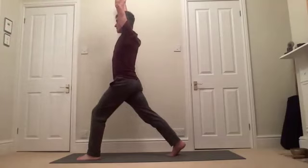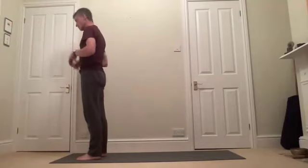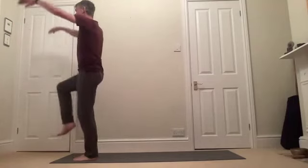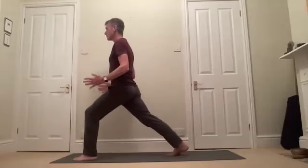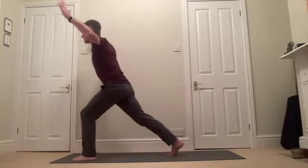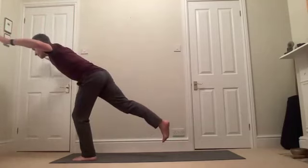We take the arms up, we swing them back, and we step forward. Okay. So we'll do that again on the same side, just to slow that down, just as a reminder. So both arms sweep up, one knee, same leg, steps back, find your position, sweep the arms up to extend, take the elbows out to the side to get that stability through the upper body, avoiding jutting out through the waist,